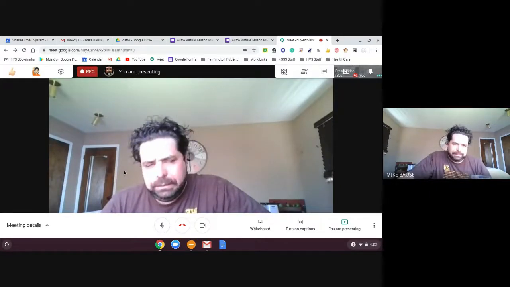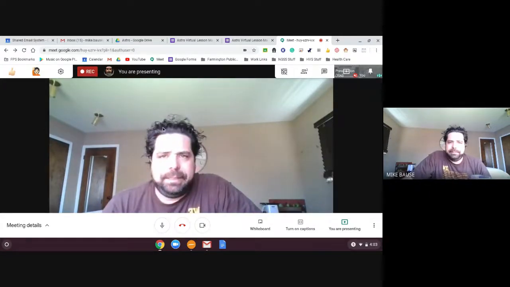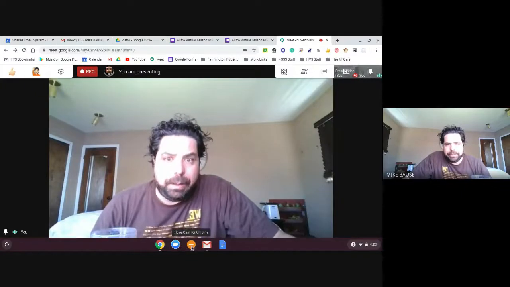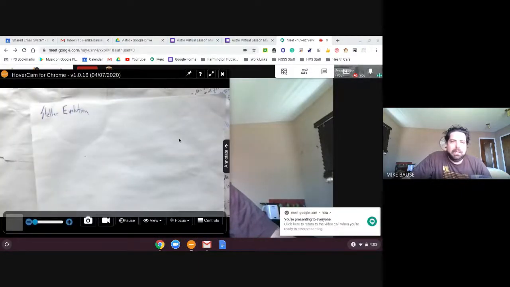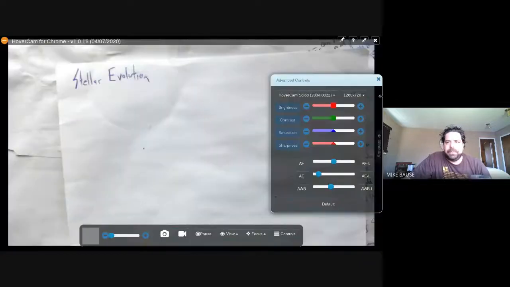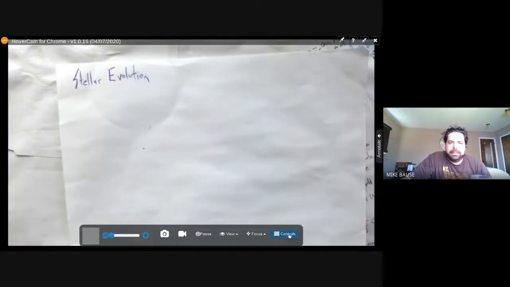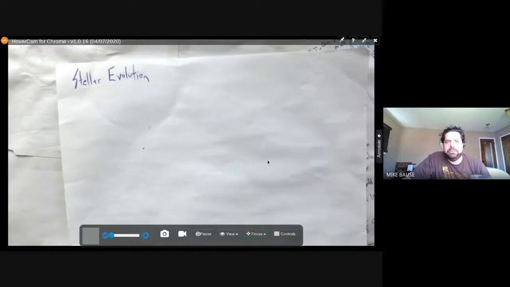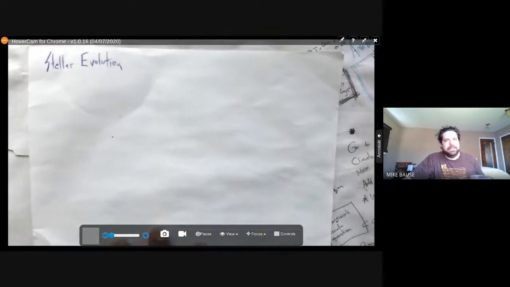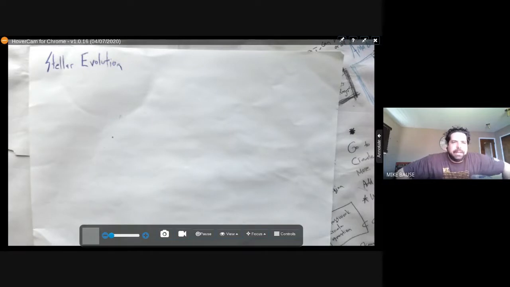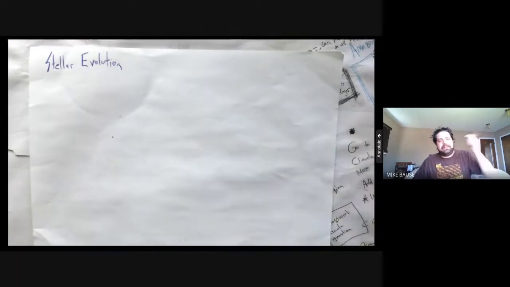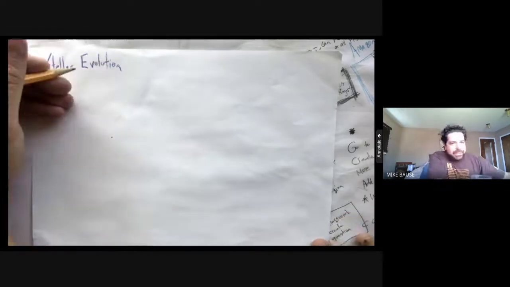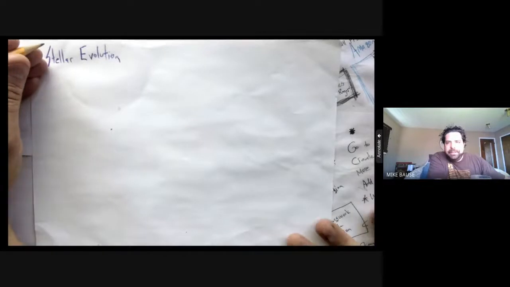I'm going to do a real quick little diagram on stellar evolution, so I'm going to get right to it. Take out a piece of paper, and I just want to draw almost like a concept map of the stages of evolution of a star. I got a piece of paper here, turned sideways, landscape style, and we're going to walk through some of the big steps here. All right. So, first step in the life and death of a star